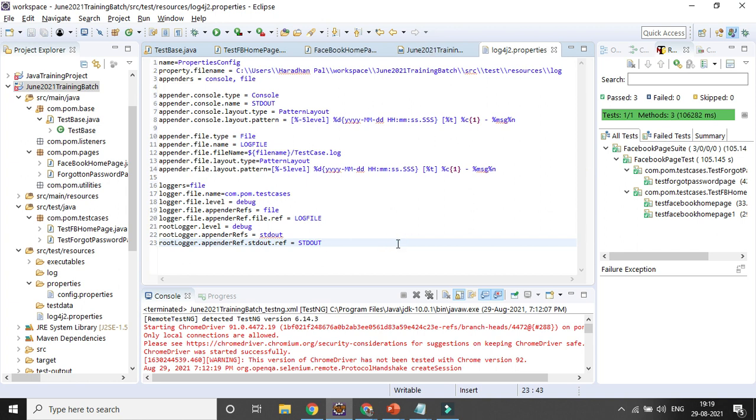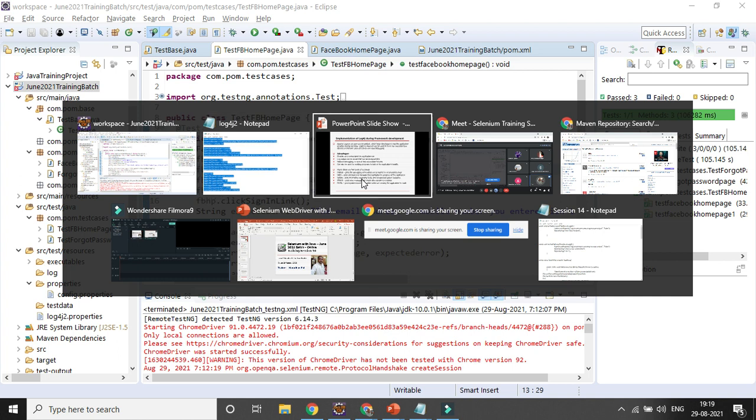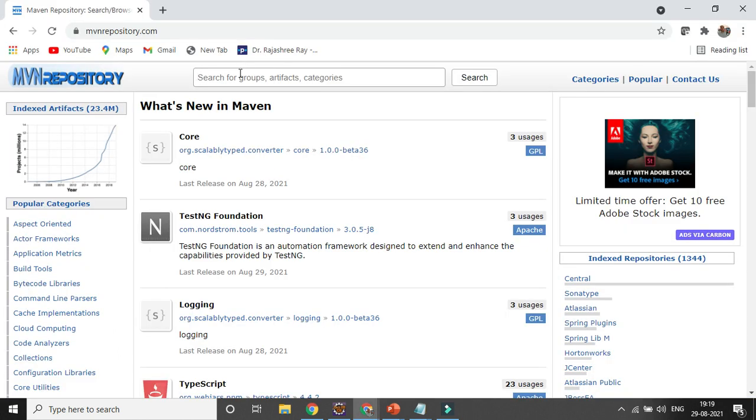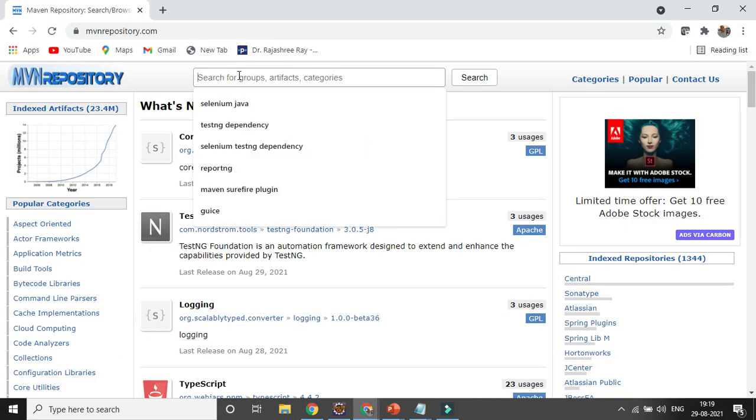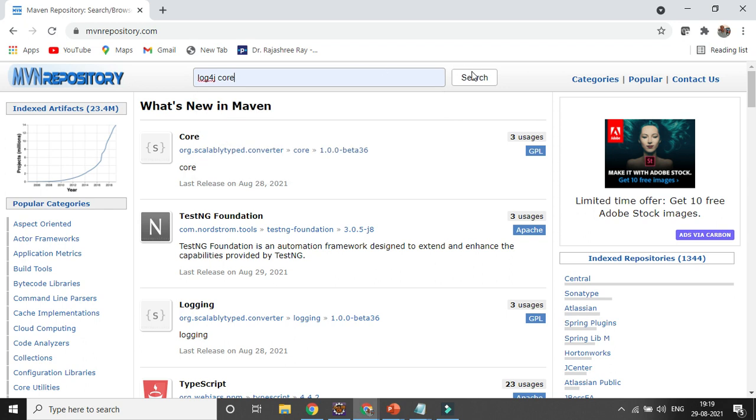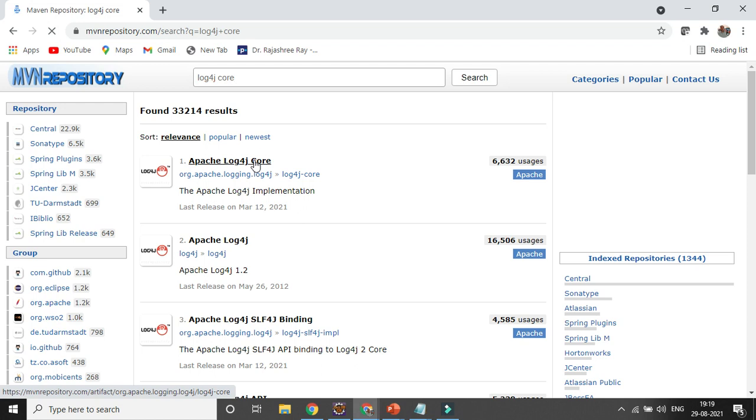Once you save it, then you need to add two dependencies for the log4j. So let's close it. Then you can go to the path, this is the Maven repository path. So you need to add two more dependencies. One is log4j core, you need to add it in your Maven pom.xml file. If you search it, you can get it.